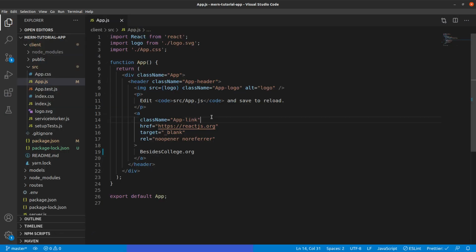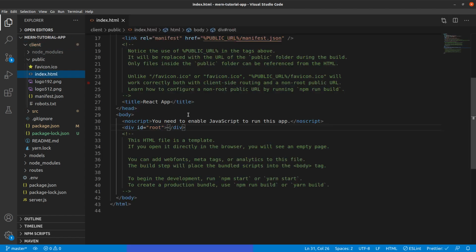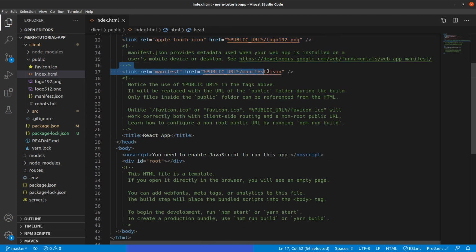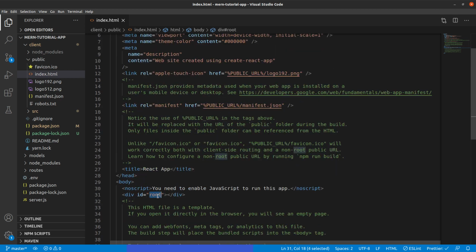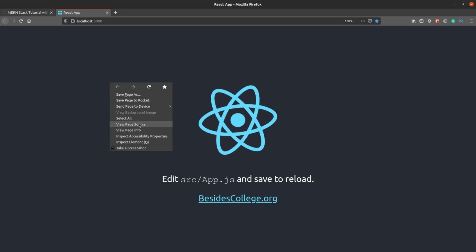Okay, let's go to the IDE and let's go to the client folder, which is our React application folder, and go inside public, and there you will see an index.html. Okay, so index.html is pretty simple. You have some metadata, a few links, and then a simple title. All right, and in the body section you can see there is only a single division with ID as root. Okay, so this is very important. We'll see this, and let's see first and confirm.